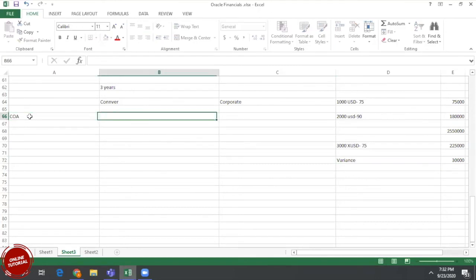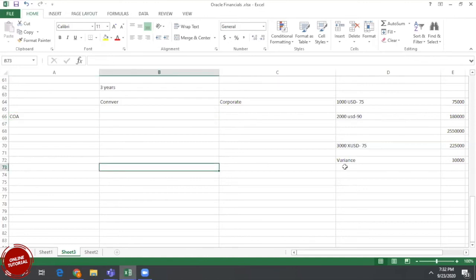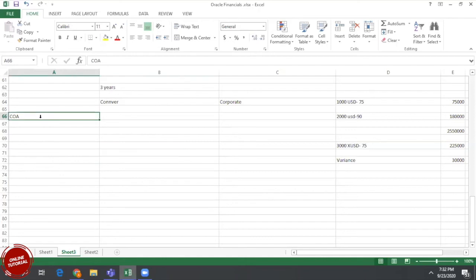Chart of accounts. Here is an important point, try to understand. We need to understand a couple of points with respect to chart of accounts. For example, I'm doing a global implementation. My business is located in Canada, the UK, Europe, maybe the US. So 3 different locations are there. How many charts of accounts do I need to define? Can I go with only one chart of accounts, or can I go with multiple charts of accounts? Here there are 2 important points we need to understand.